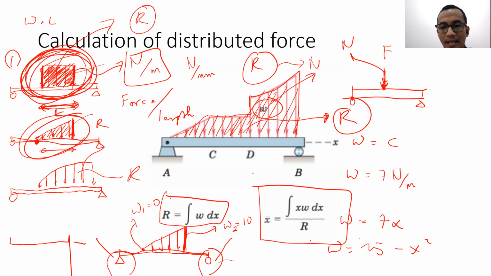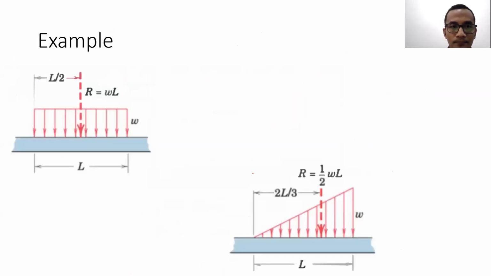X bar is actually the location of the R. So basically, when you have a distributed force, for example, a constant distributed force like the picture on the left, or a linear distribution like this,